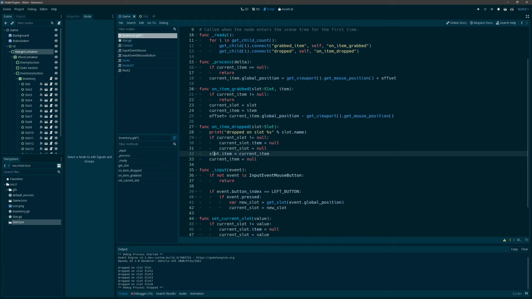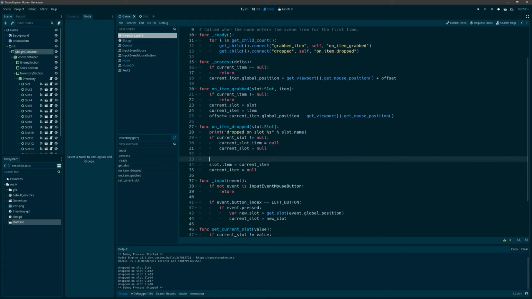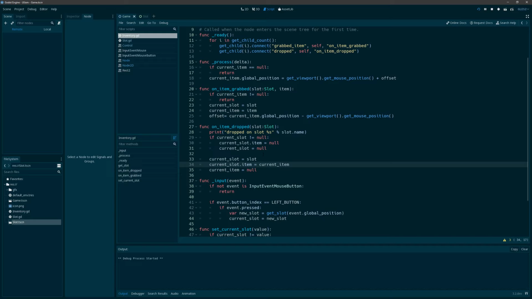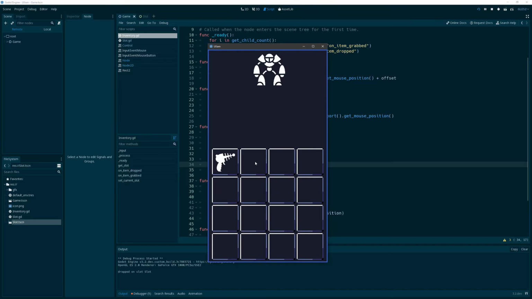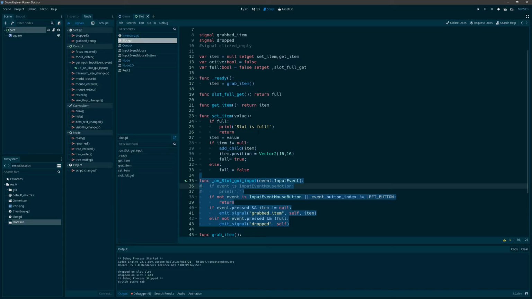Slot dot item equals current item. Current slot equals slot. And then let's just do this. And then our current item is null. I didn't get a drop. Yeah, I didn't get a drop that time. I think